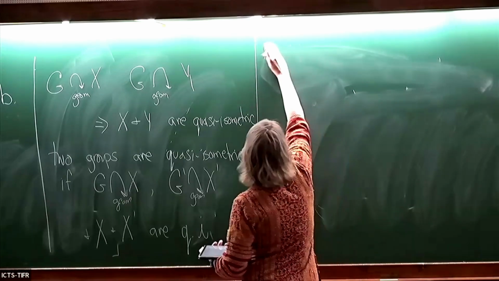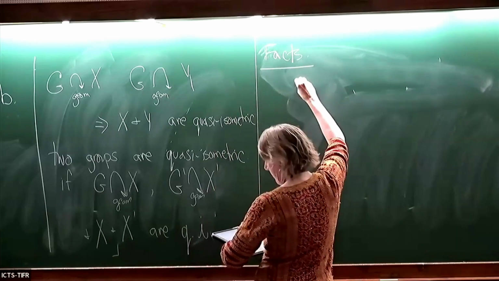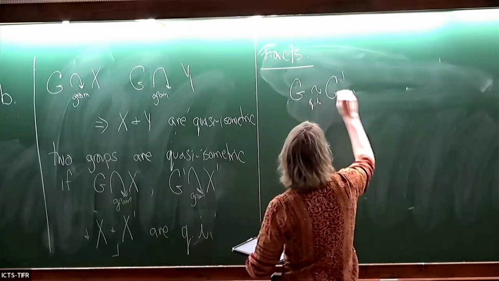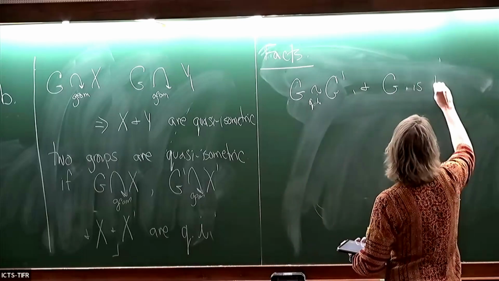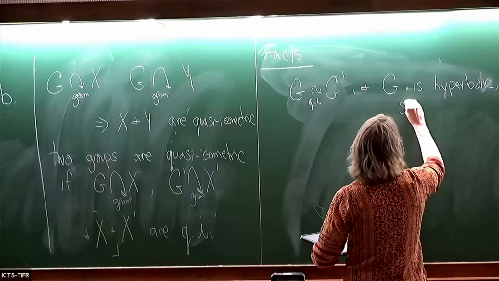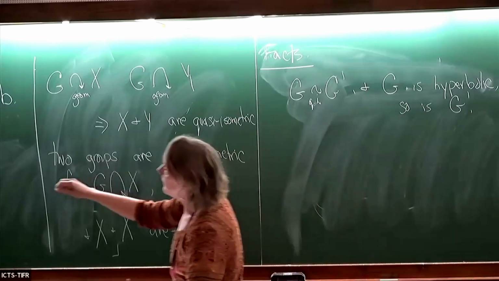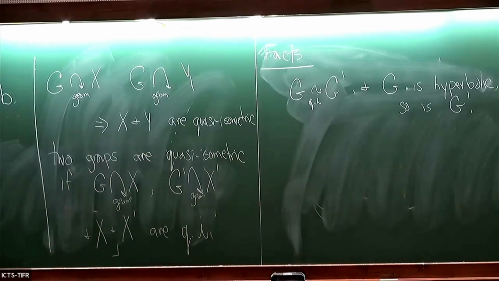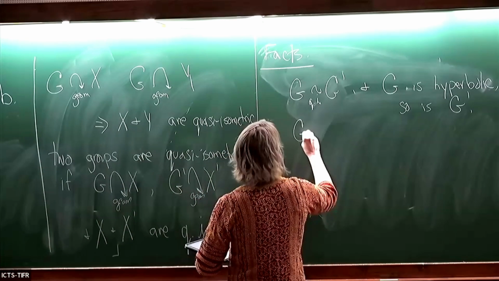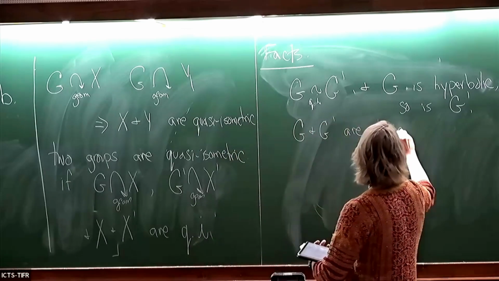All right, so here are some facts about quasi-isometry. So if G is quasi-isometric to G prime, and G is hyperbolic, so is G prime. Okay, so that's what I meant by saying hyperbolicity is a quasi-isometry invariant. If G and G prime are hyperbolic, or one of them is, the other is,